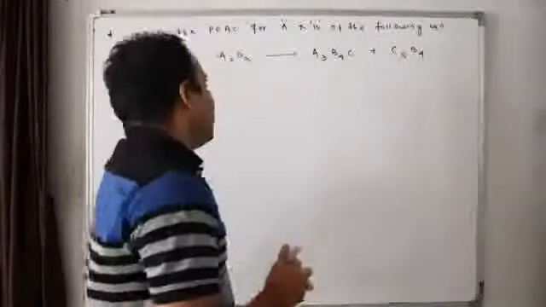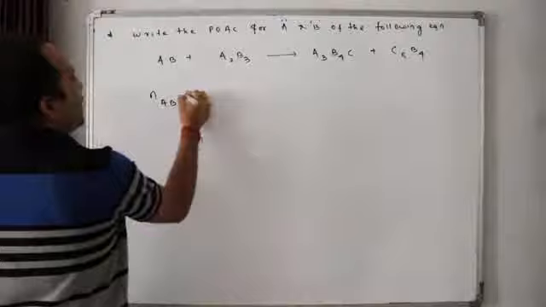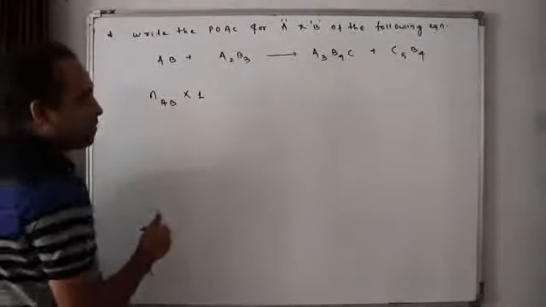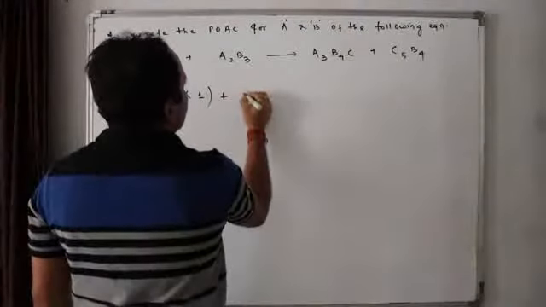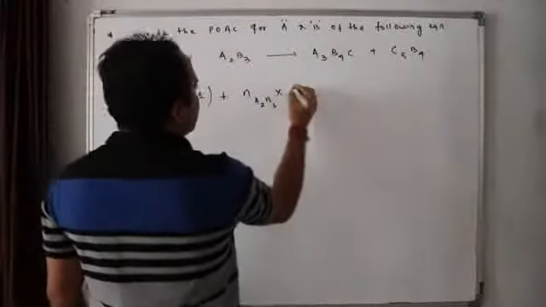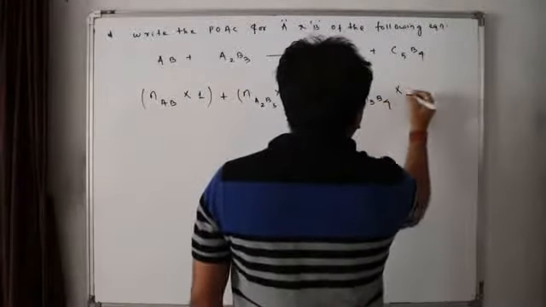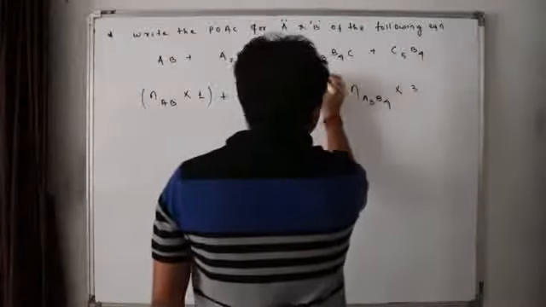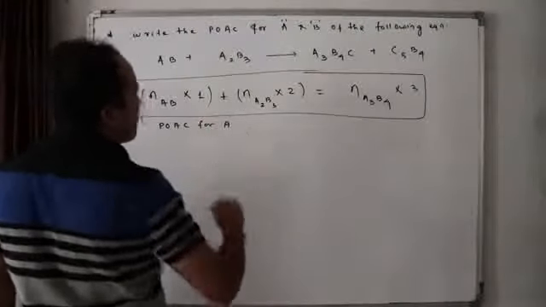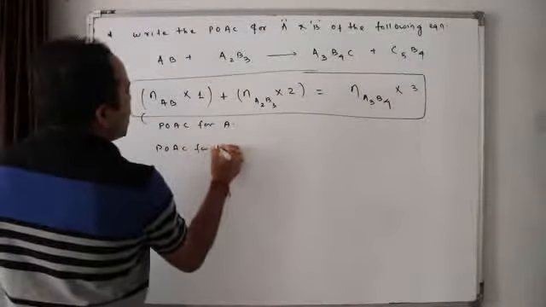डू यू अंडरस्टैंड? अब बताइए A के लिए लिखेंगे तो कितना A इस साइड है, कैसे पता चलेगा? नंबर ऑफ मोल्स ऑफ AB इनटू AB में कितने A हैं, तो इसमें से क्या हो गया? नंबर ऑफ एटम्स ऑफ A इन AB. बात समझ में आई? प्लस नंबर ऑफ मोल्स ऑफ A2B3 इनटू मॉलिक्यूल में कितने A हैं? 2 है, इज इक्वल्स टू नंबर ऑफ मोल्स ऑफ A3B4C इनटू 3. क्यों 3? क्योंकि हर मॉलिक्यूल में 3 है, तो ये है POAC फॉर A. और A है क्या और कहीं पर? नहीं.